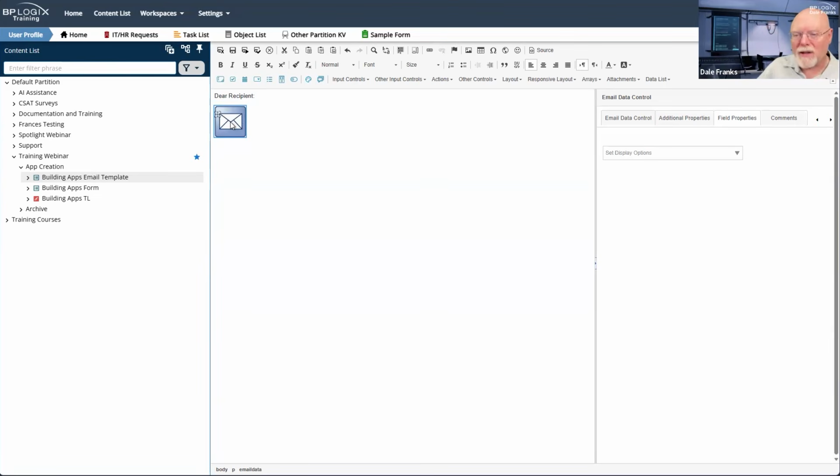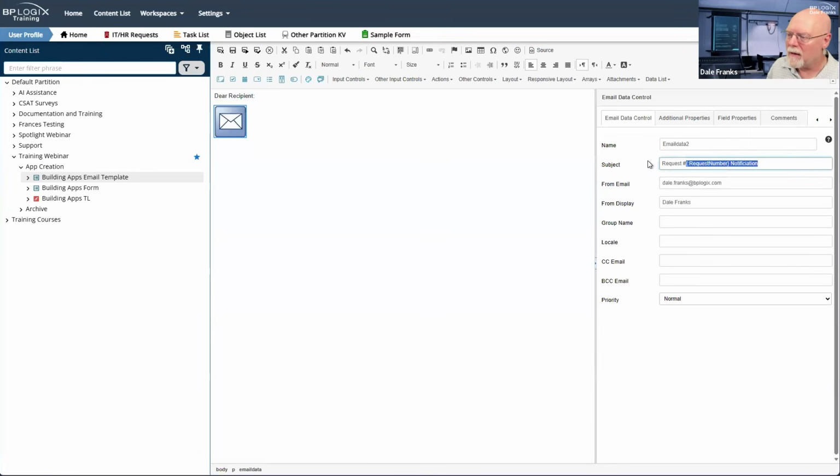So it's very important, if you're going to use multiple email data controls, which we are, rather than a generic email data control that just sends out a generic notification, then it's important to set mutually exclusive conditions, to ensure that only one of those email data controls can ever be displayed at any given time.